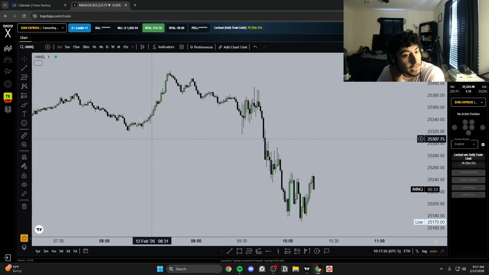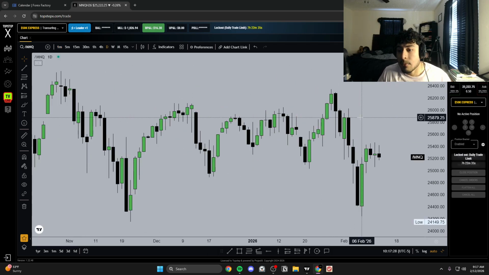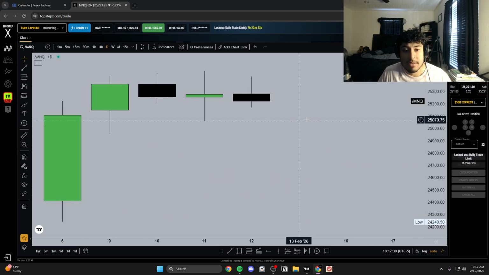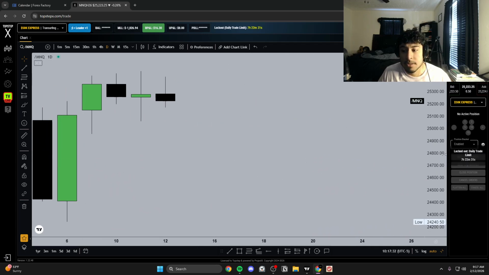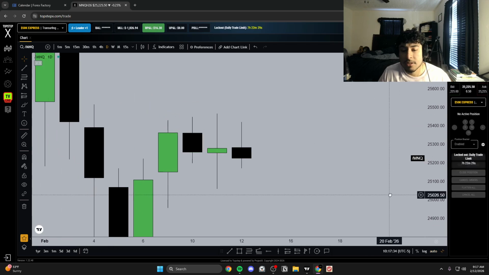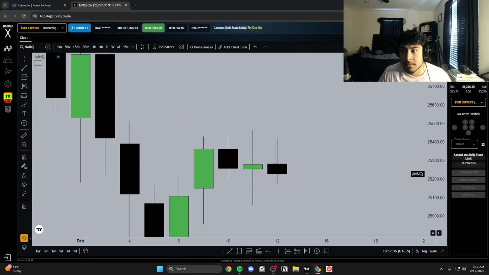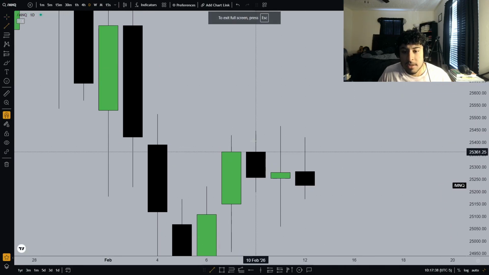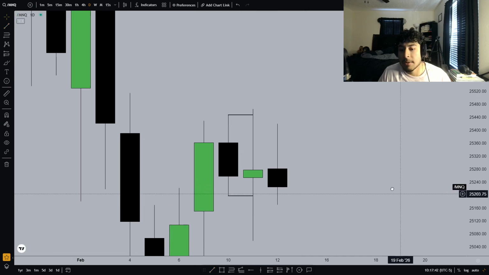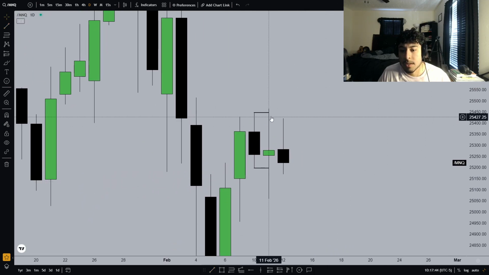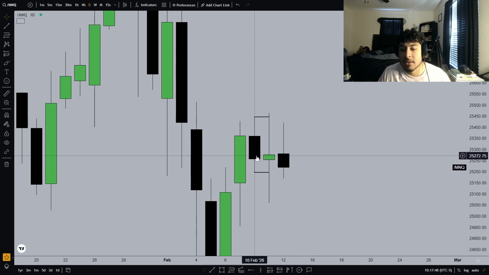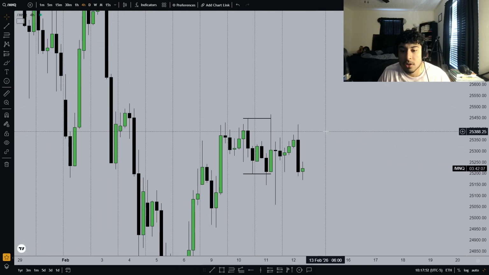Let's clean this up again. Daily time frame, we are inside of a range. But on this daily candle, one thing is for certain, we can see both sides. It's pretty bizarre, right? We can see this getting swept, and then we can also see this getting swept. So it's more of an indecision candle. We're sweeping the lows, but also sweeping the highs, and closing back inside of the range, which is never a good sign, because now you have two draws on liquidity.